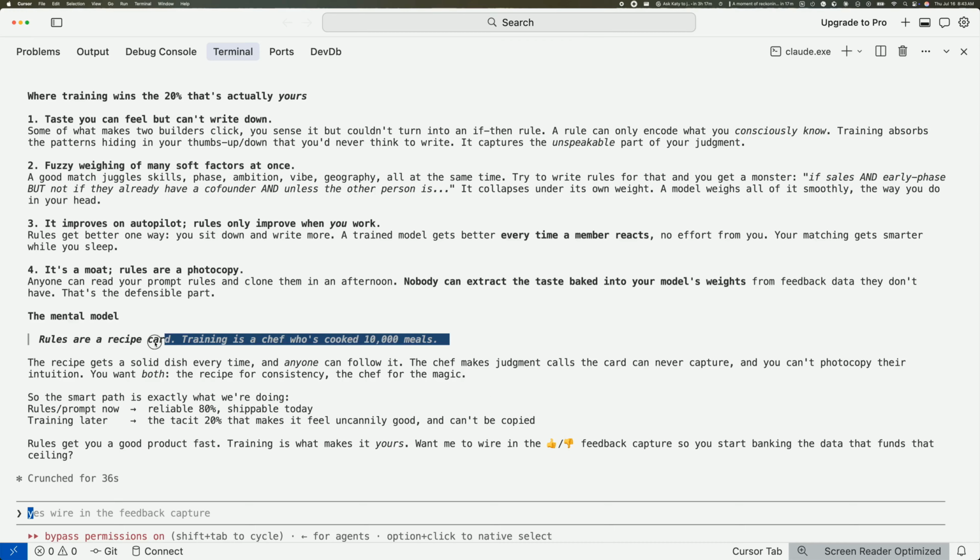This is the response that reframed the whole project for me. Claude is laying out exactly